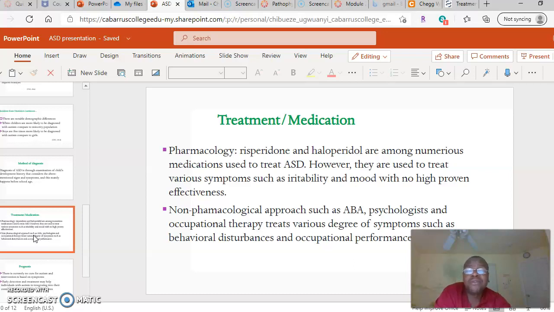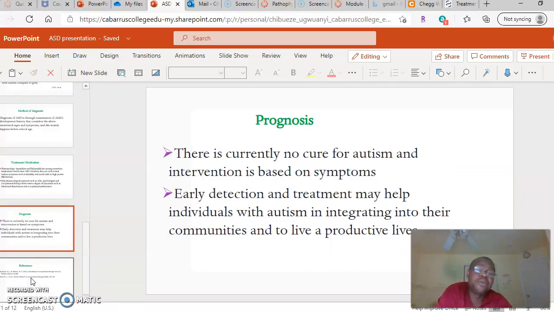So we try to also get parents involved to make sure that they carry over what we do in school when they go home, especially in terms of routine, and also using activity to regulate or modulate their sensory systems, which proved to be a little bit effective.